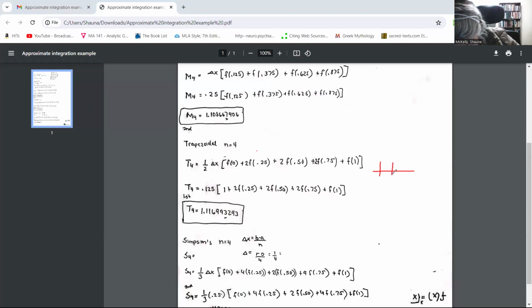Something like this. And we're making trapezoids. So when we do that, remember the trapezoid has two sides that are not parallel to each other, right? And so what happens is that this first,